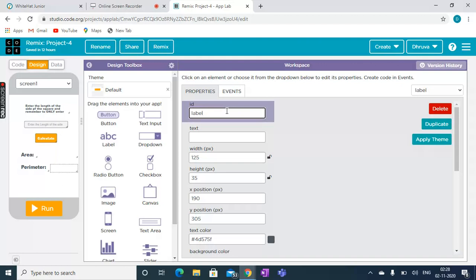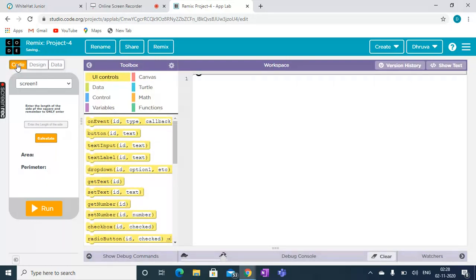I will keep the other as answer label 2. Now I think you have understood the design part, and if you have any more doubts on it, you can comment to me.